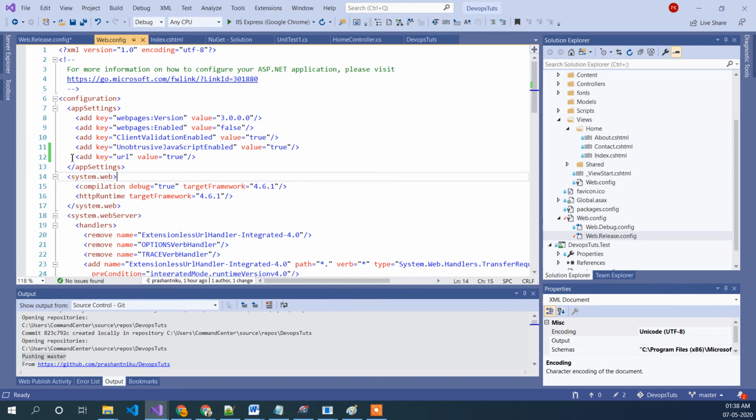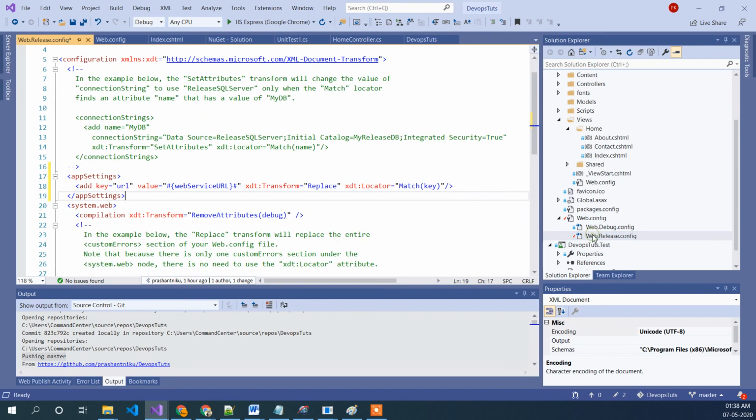I have added a key in here, which is kind of true, or you can say anything, HTTP something value, and on the release config we want to have a different value.